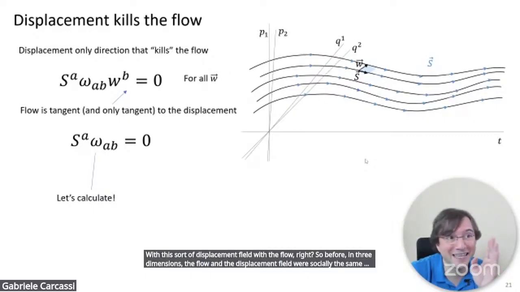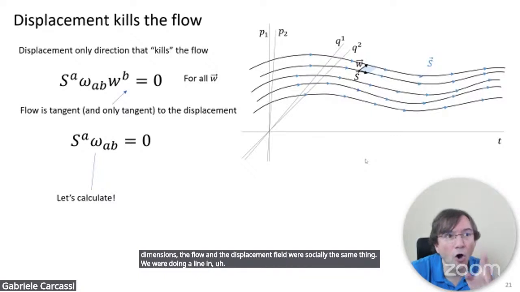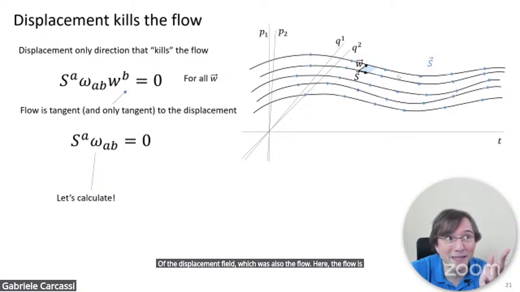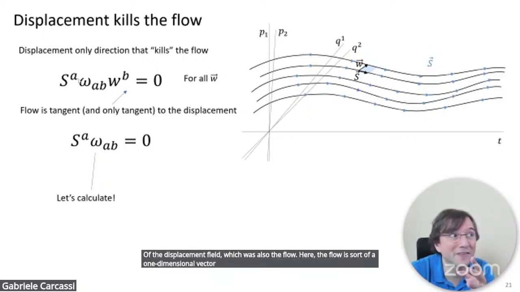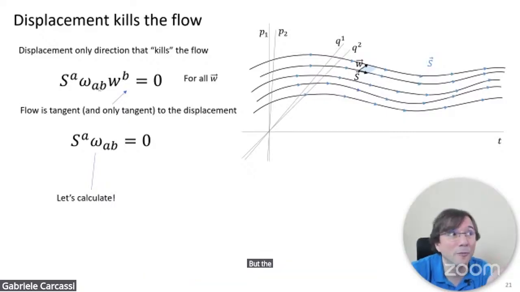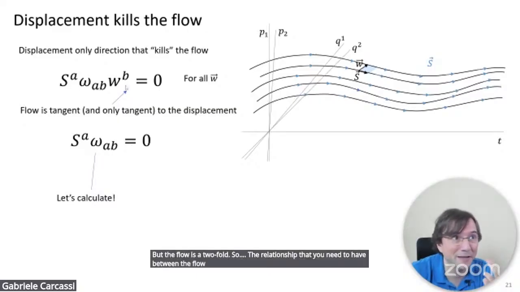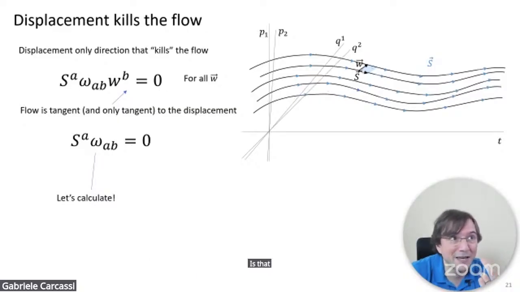We were doing a surface integral of the displacement field, which was also the flow. Here, the flow is sort of a one-dimensional vector field, while the displacement is still a one-dimensional vector field, but the flow is a two-form. So the relationship that you need to have between the flow and the displacement field is that if we're taking